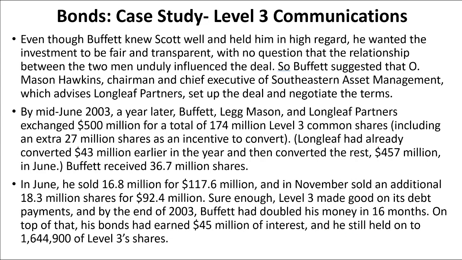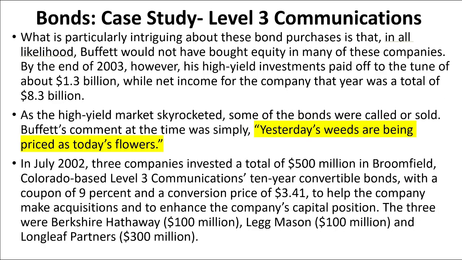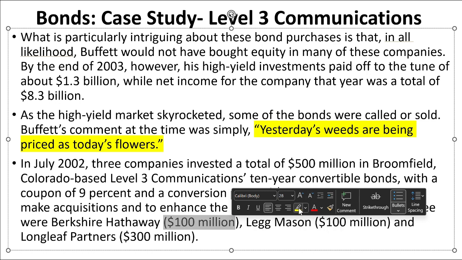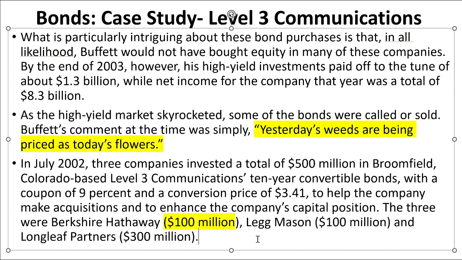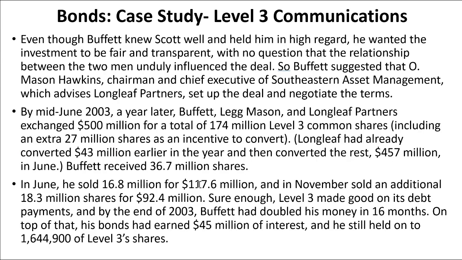And I think I need to do a little bit of calculation so that it will become very clear. We need to understand Warren Buffett had invested only $100 million in that, and this is basically a kind of convertible bond. So he converted into shares, and this is the initial investment, and what he got in the deal is 36.7 million shares after conversion. So let us do the calculation so that we will understand how much he has actually gained.